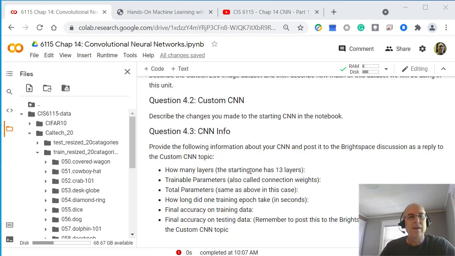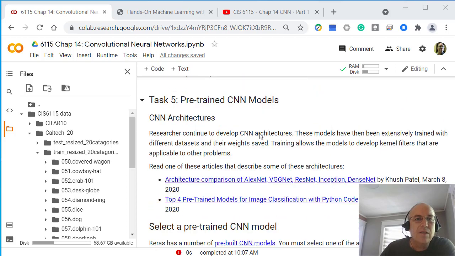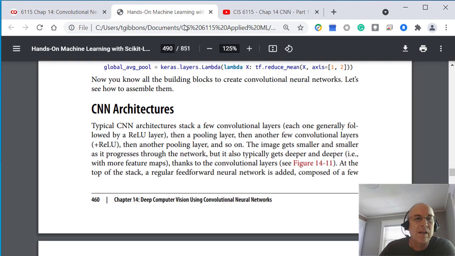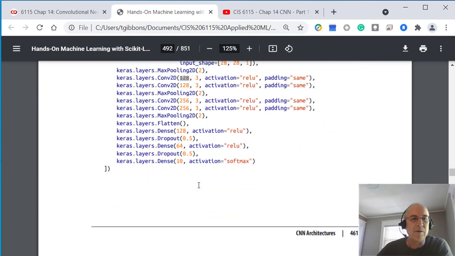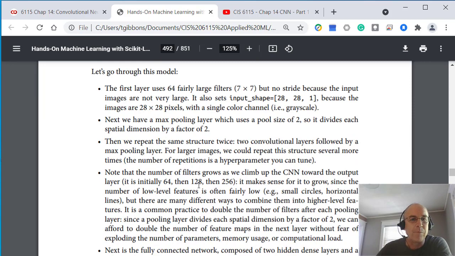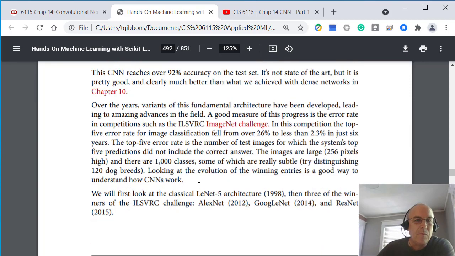Okay. Now, the next stage is to look at some pre-trained networks, because a lot of researchers have been doing this, adding layers, trying different things out for the last 10 years while convolutional neural networks have been out there, and have devised lots of different layers. And so let's look back to the textbook. The textbook will start talking about CNN architectures here and how they're set up. So they talk about the basic layer, but then they talk about Google's LeNet